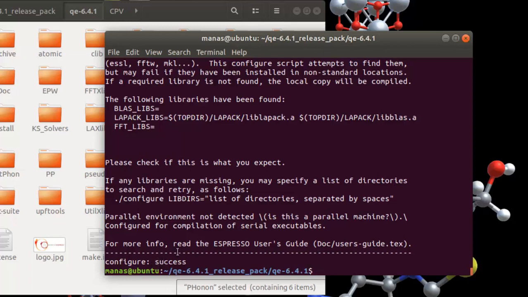Okay, so this time you get a success message, and it also states it has not been able to detect a parallel environment, but that is okay because in this tutorial I'll just be showing you a basic installation, so we are only going to install the serial version. So the next thing you need to do to install the serial version is just run the command make